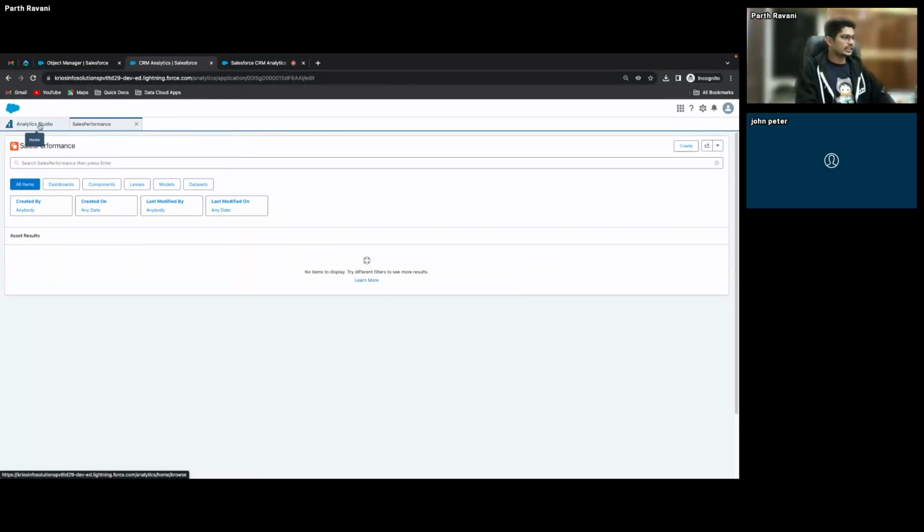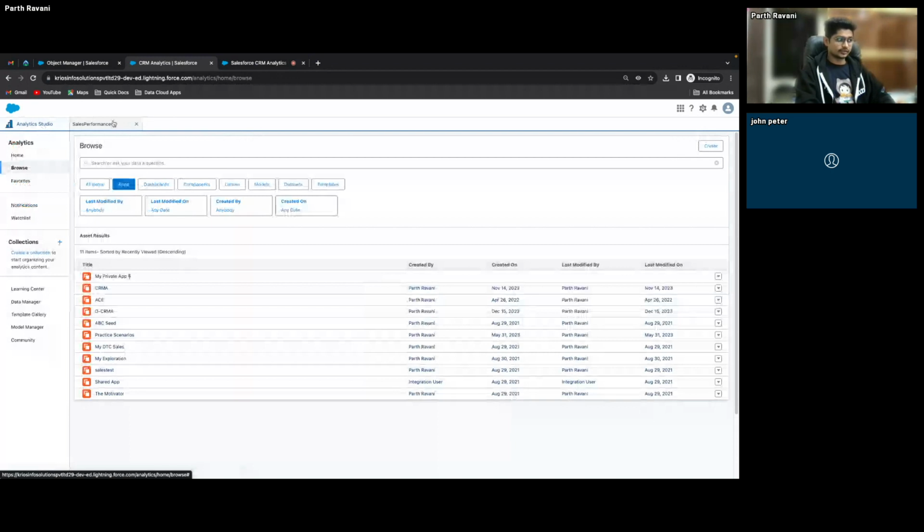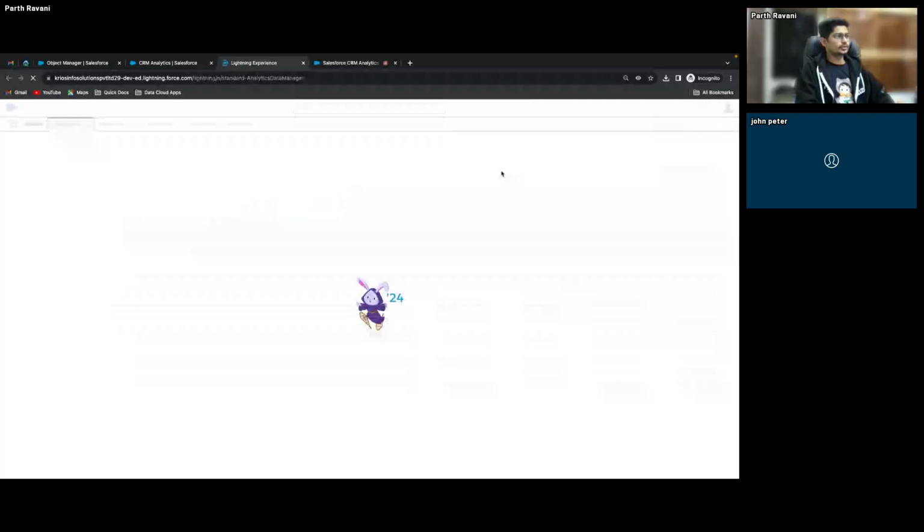Within this Analytics Studio, we have created this app as of now. And when we go over here, this is called Data Manager. We can go to Data Manager from two different places. One is from here, and another is from the settings icon over here. So if we go to Data Manager,